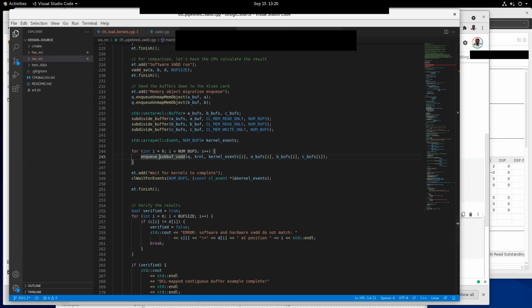So three things are launched in the command queue: one is host to FPGA data transfer, number two, kernel launch, number three is FPGA to host. All these three things we enqueue in the command queue.